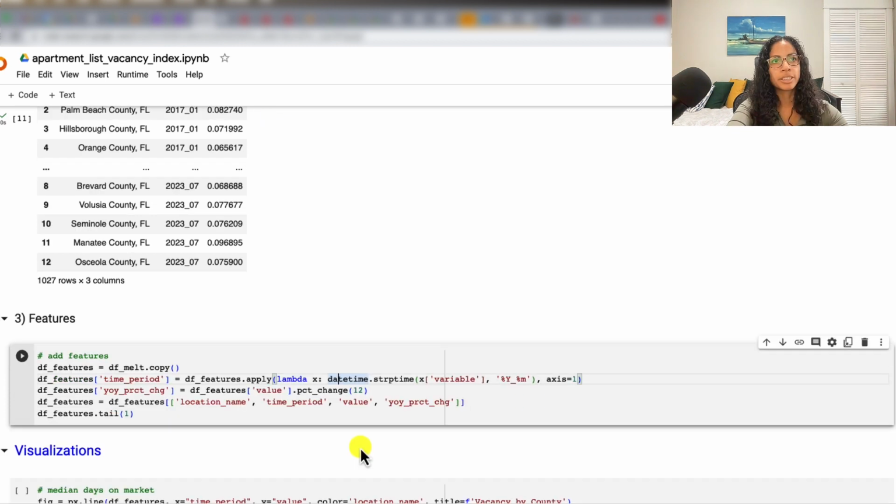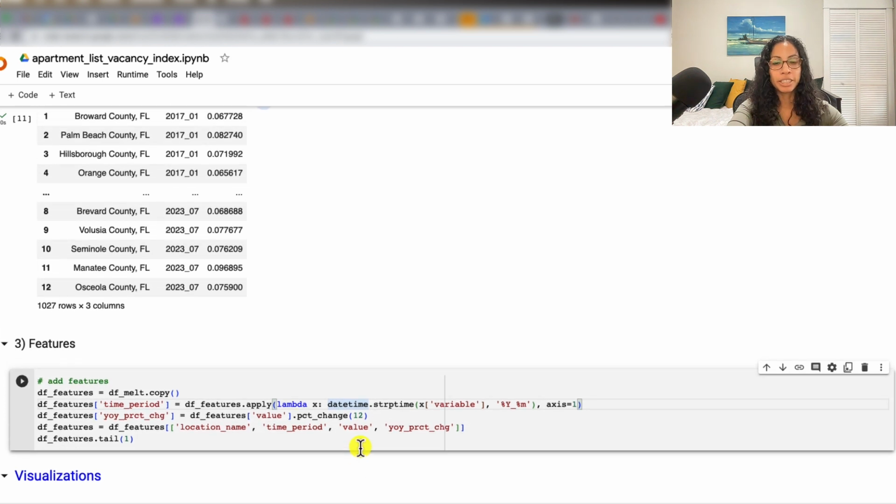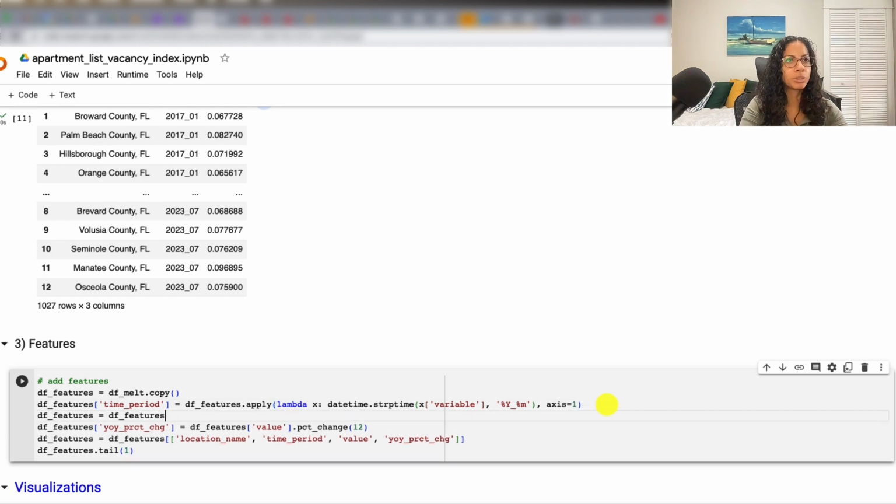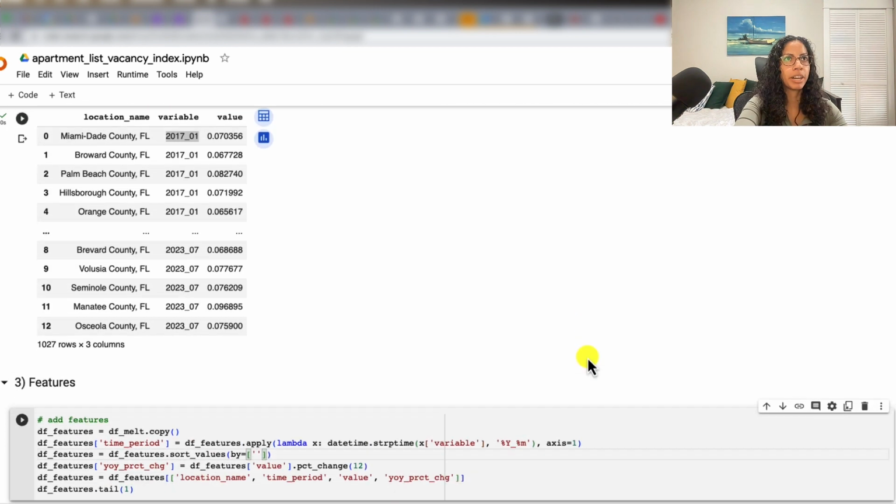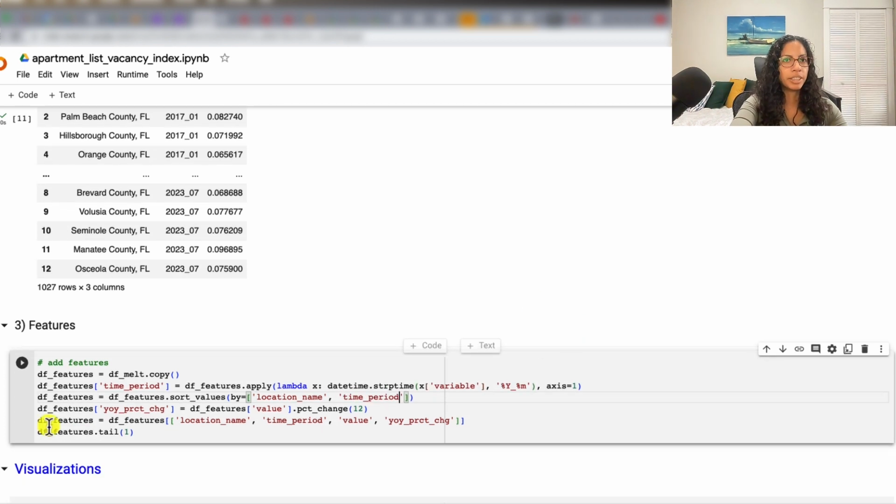The second step that I want to do is not just see vacancy as is for a particular month, but how has that vacancy rate changed relative to the prior month. So here I have value, which is vacancy, and then percentage change. One thing I need to add is to make sure that I'm looking at the right county for 12 months back. So what we're going to do here is sort. I'm going to sort by location name, and we want to sort by time period. Then we can run the cell,